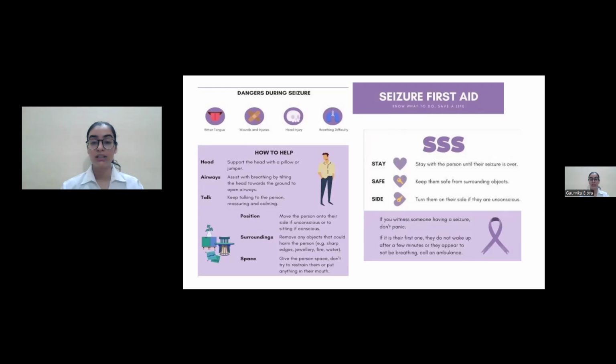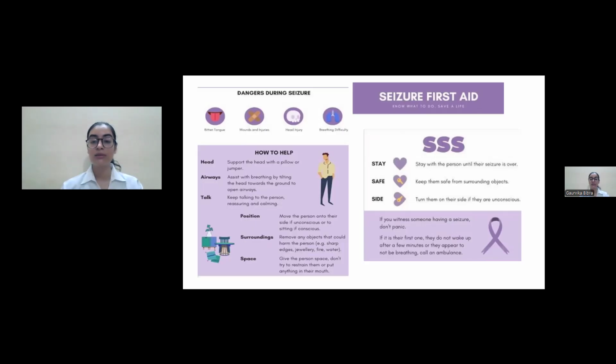There could be difficulty for the patient in breathing. Ask for help. If someone is trying to put a finger inside the patient's mouth, don't let that happen, and ask the person to call for an ambulance or something, and ask for help. Definitely maintain the airway, talk to the person to ask for help, and you have to turn the patient